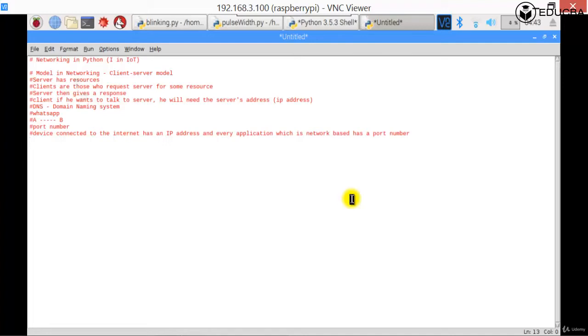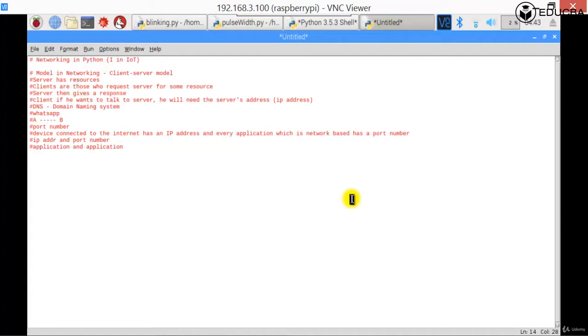So these are the two things which are very important: IP address and port number, right? These are the two things which are quite important if you need to have a communication between application and application. Application from one phone and an application from the other phone. So if you want to have a communication between two applications, you need to have IP address and port number, both of them at the same time, right?